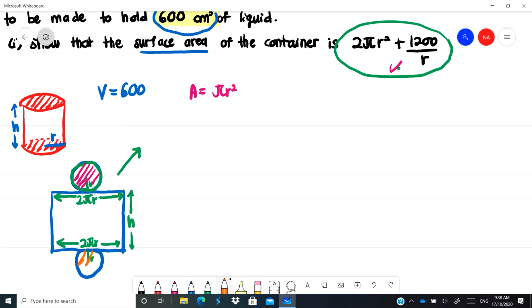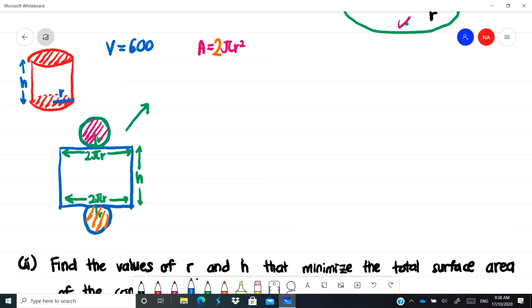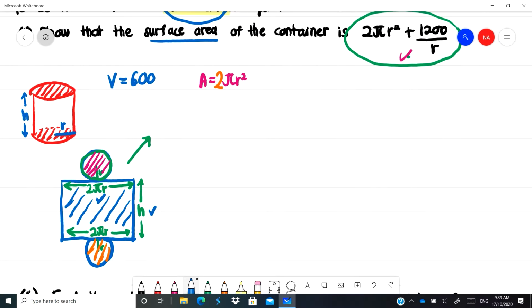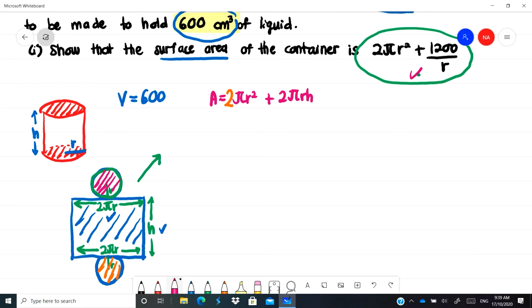But since you have 2 circles here, you have 2 pi r square. Now we have to find the area of this part. To find the area of that part, we have to multiply the height together with the width. In this case, the height is given by h, and the width is given by 2 pi r. So we have to add this together with the 2 pi r h. That's the formula for this, what we call